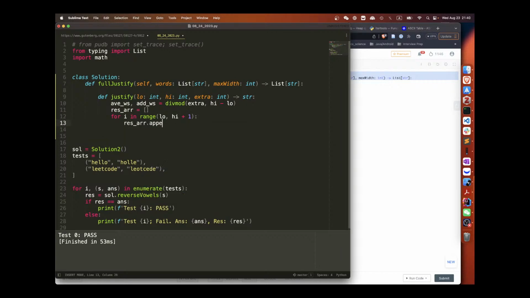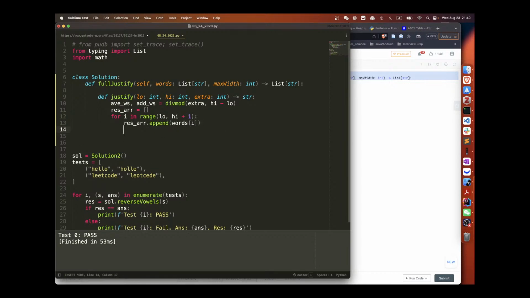Res dot append words i, and then number of y space shall equal to this plus this.